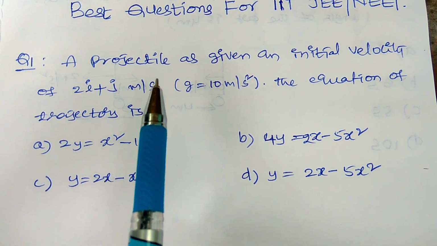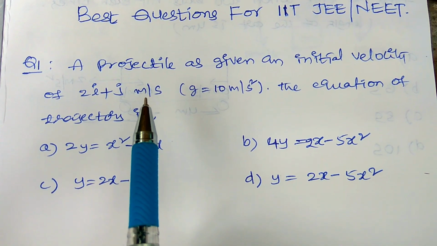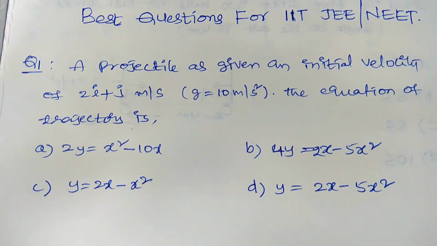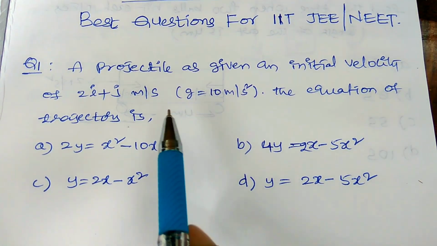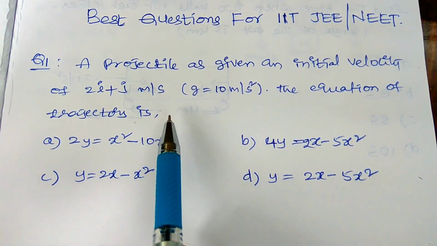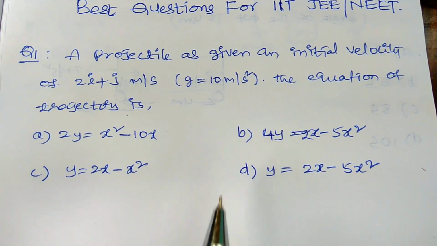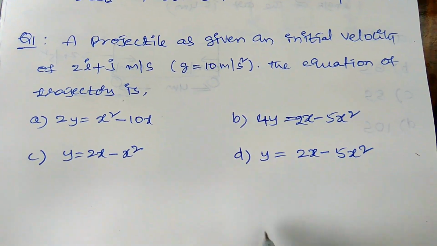Coming to the first question, a projectile is given an initial velocity of 2i plus j meter per second. g is given as 10 meter per second square. The equation of trajectory is, so here there are 4 options. So just in case of a projectile,